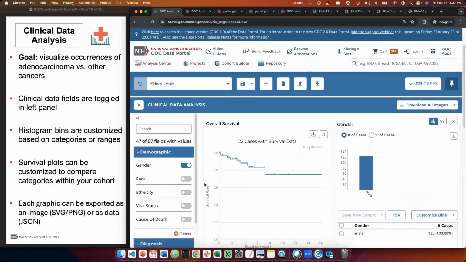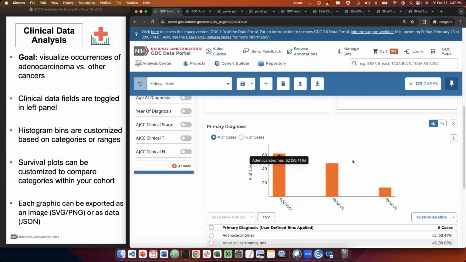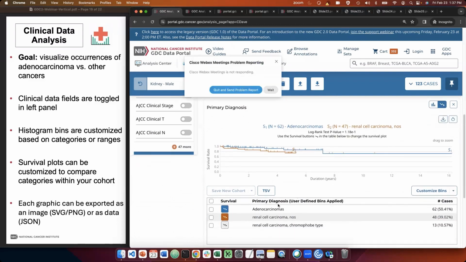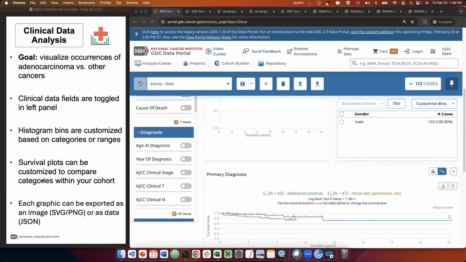So the survival plot can also be customized to compare categories within your cohort. So if you wanted to look at survival, you just click on this icon next to the histogram, and you can compare the adenocarcinomas with the renal cell carcinomas. Let's go back to